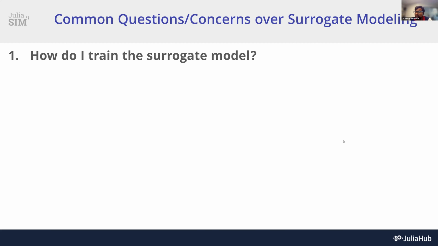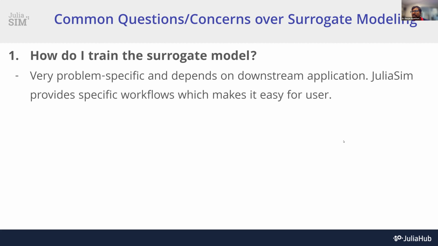Okay, so the first question is, well, I want to use some surrogate models, but training this thing is really, really difficult. It's very non-trivial for me to take a surrogate model and build a training group for it with the tools that I'm using today. And you're right, but what we're trying to do at JuliaSim is to provide workflows for you to make that as easy as possible. These sorts of things can be very problem specific, of course, but based on our interactions with all of our customers,